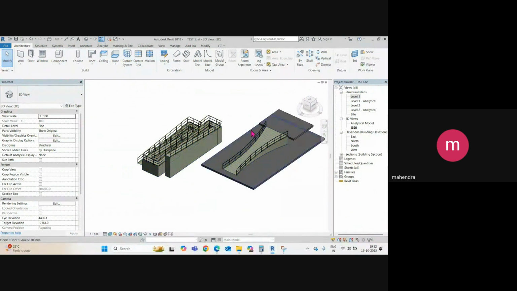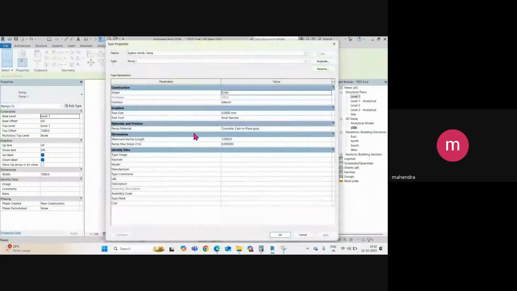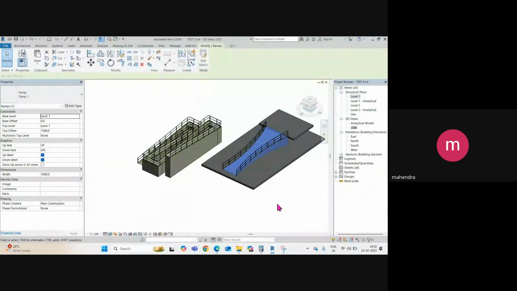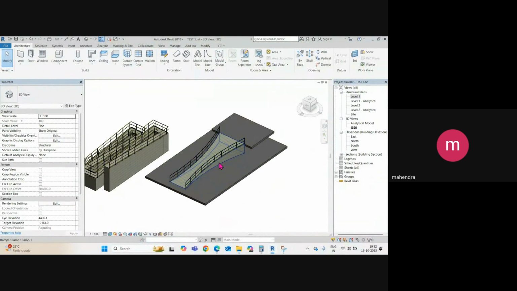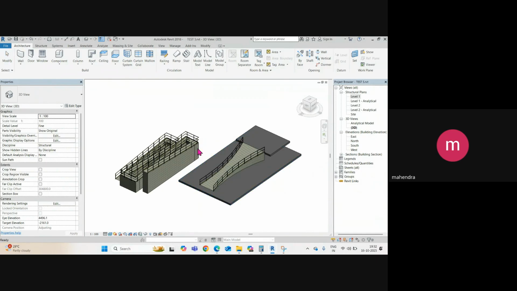So if you want to change, you should just duplicate the ramp and add your values as per your requirement. Then if you select again and click here edit type, you can see all those things. You can change solid to slab thickness, then you can give the thickness, then you can change the text size, then you can assign the material. So these are all your ramp related settings. Okay, I will make it control C. Then after that,